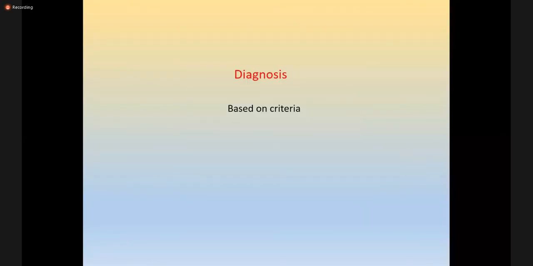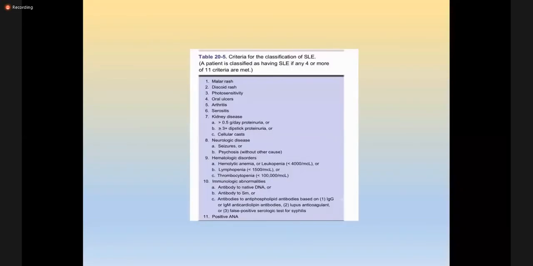Basically, there is a criteria for SLE, just to make it easier. You have actually a classification criteria. We usually say if a patient is having 4 of these 11 findings, you may label a patient as having SLE. It's actually a consolidation of clinical features, examination findings, and then lab findings. So if a person is able to remember all these findings, that means he is able to remember the whole of SLE. First one is malar rash on the cheeks.